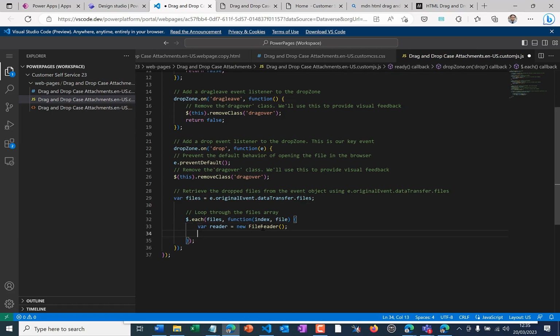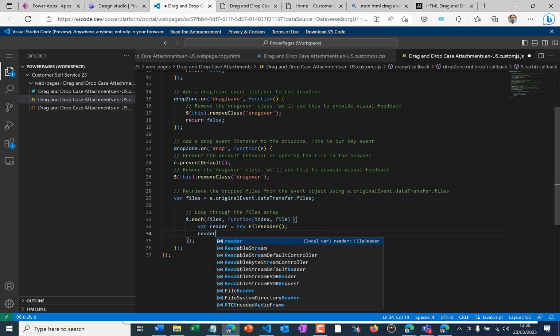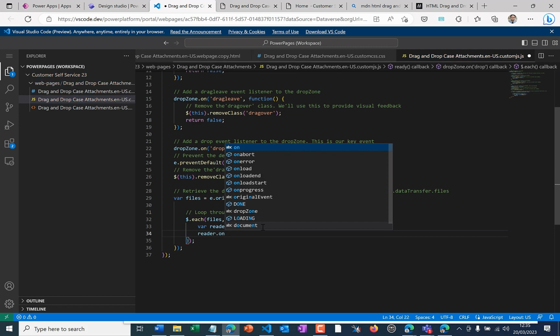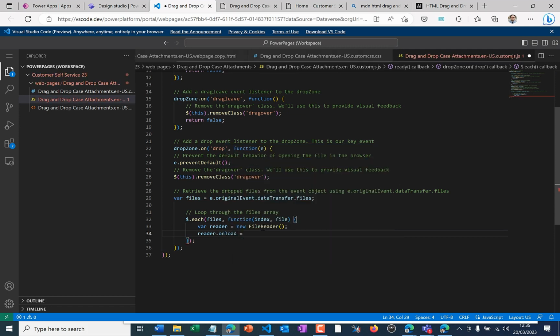Then we want to add an onload event listener to that. So when the reader's loaded, so now we've given it a way that we can access that easily. I'm going to say reader.onload, and we want a function. We're going to pass it the event object,